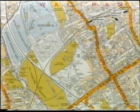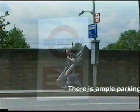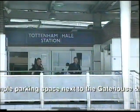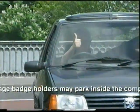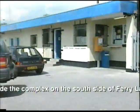There are various ways of getting to the fishery. You can go there by bus, which stops right outside the fishery entrance. Or by tube from Tottenham Hale Station. By car, or if you're so inclined,